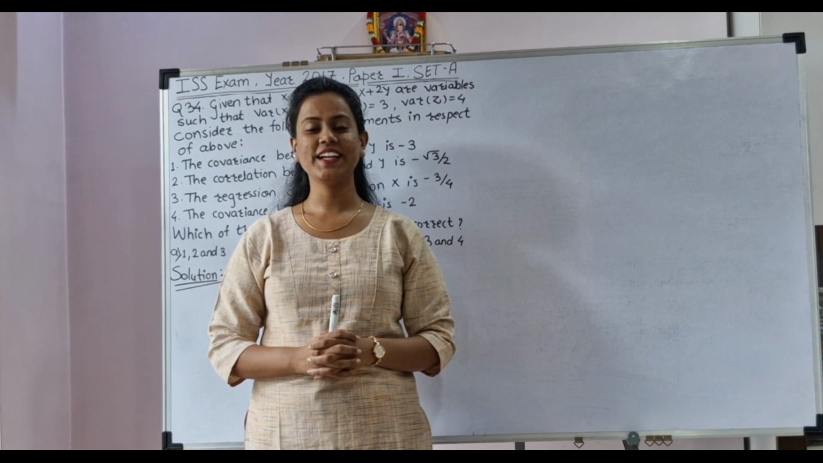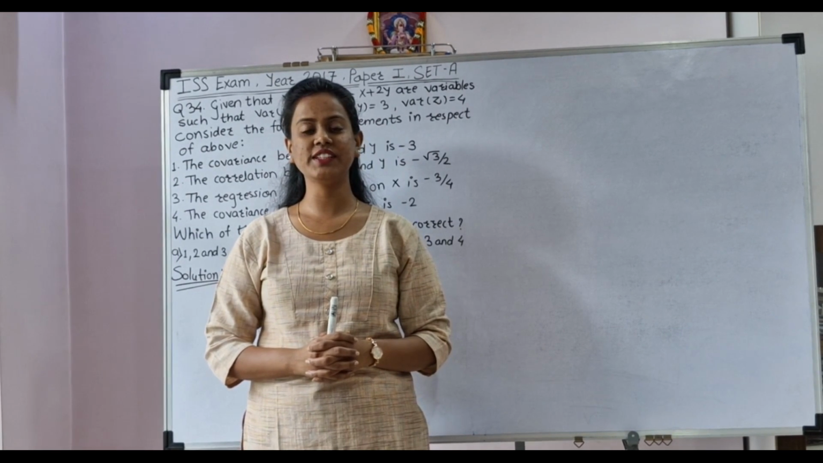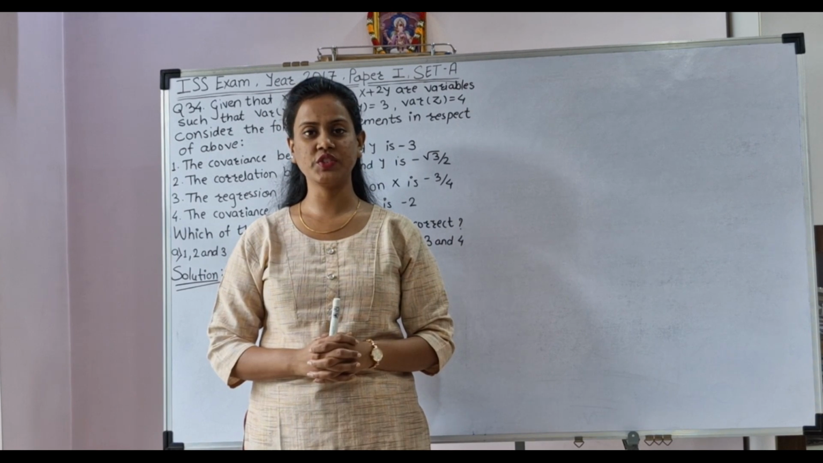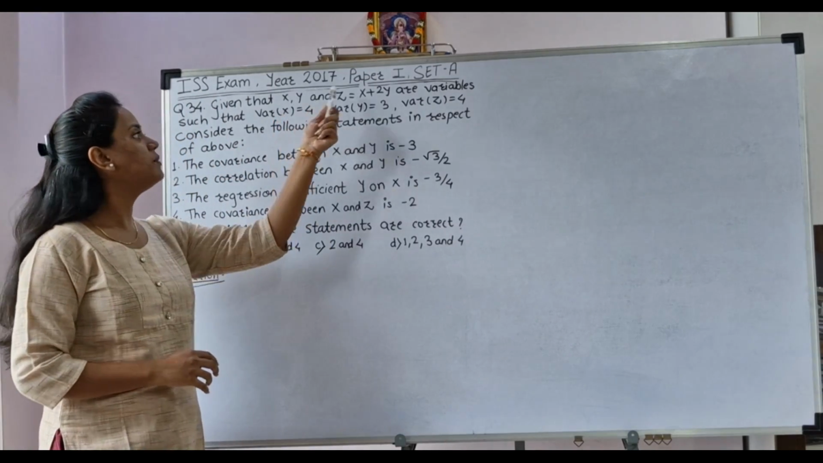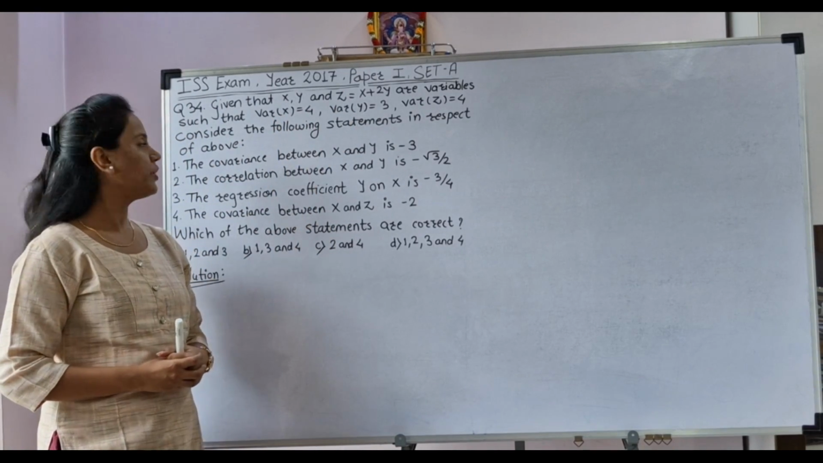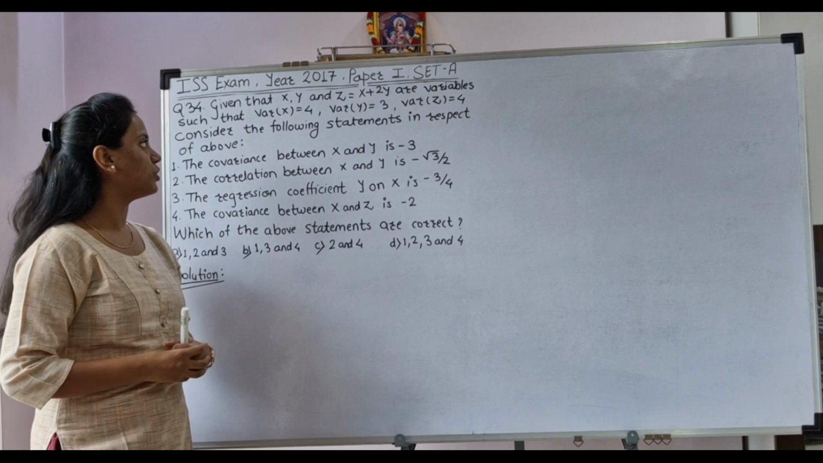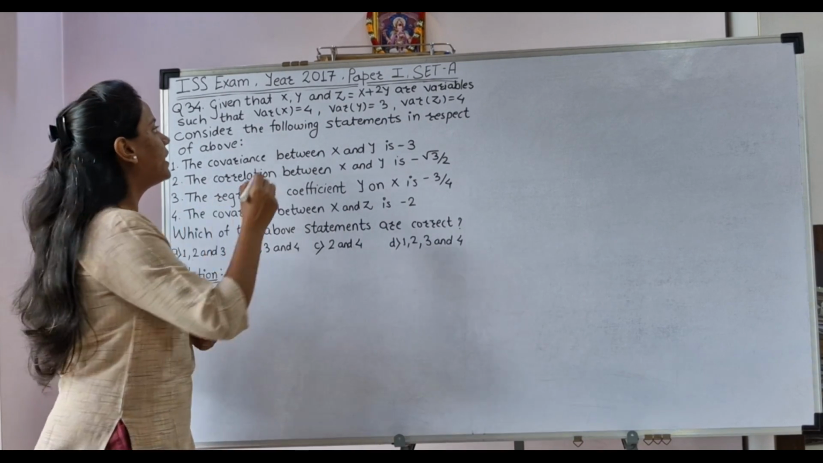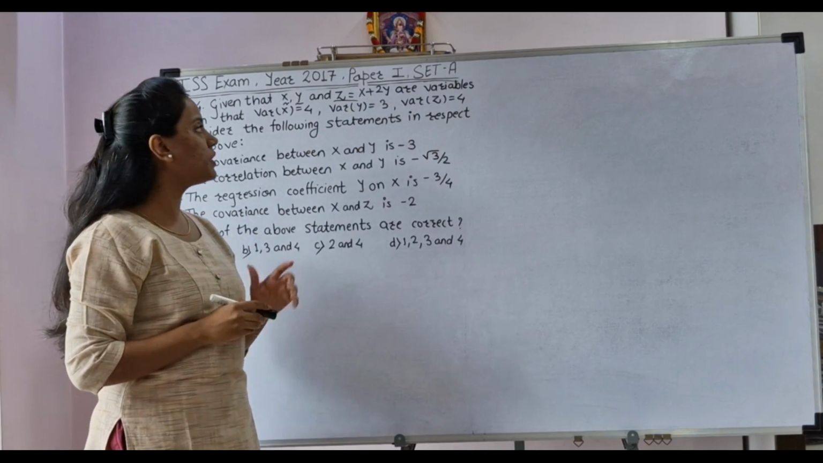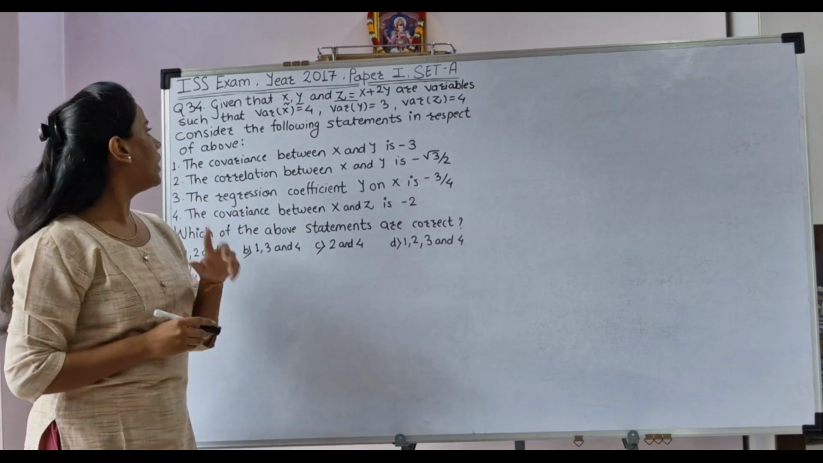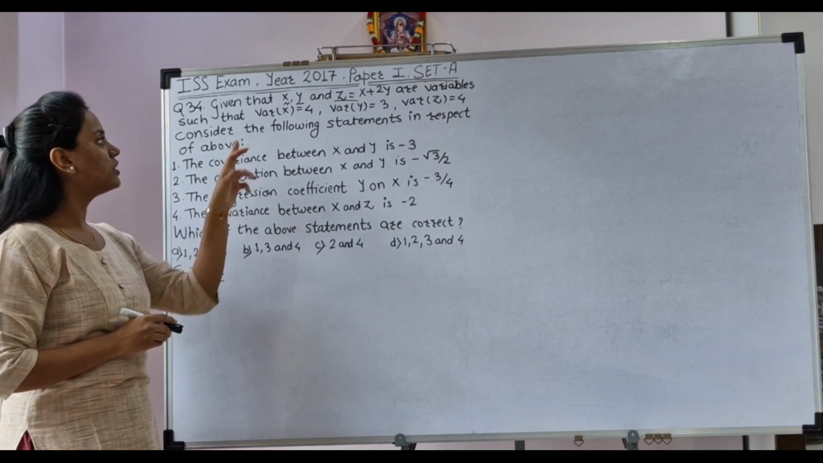November classes. In today's video lecture, we will discuss a multiple choice question from the ISS exam, year 2017, Paper 1, Set A. Question number 34. Given that x, y and z equals x plus 2y are variables such that variance